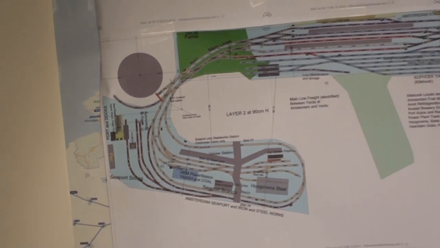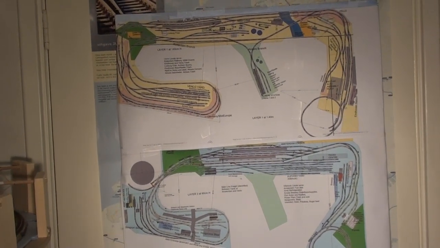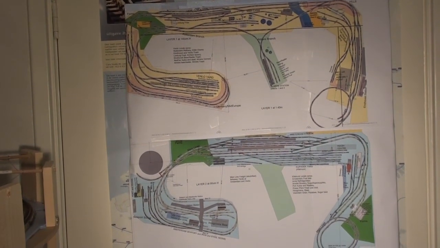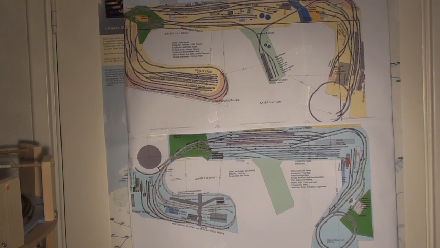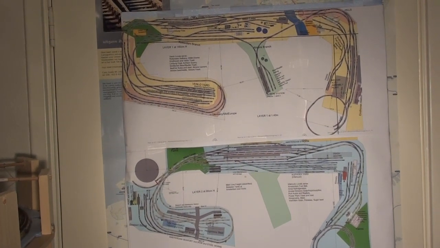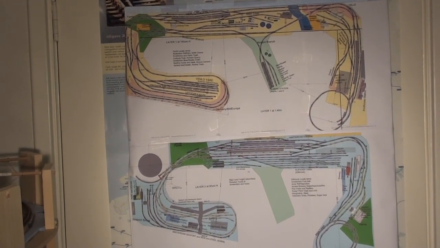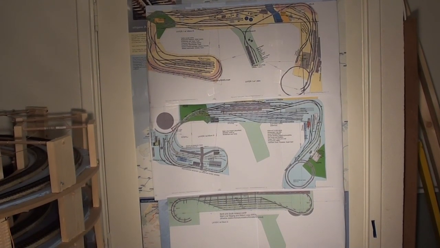So for operations, I'm trying to get most industries to have quite a bit of car handling, so that a car coming from one industry would go through both yards, would need to be reclassified, transferred, broken up, and then taken by a local to an industry on its particular level, basically for interesting operations. So that's the idea behind the design of the layout, trying to fit it into some